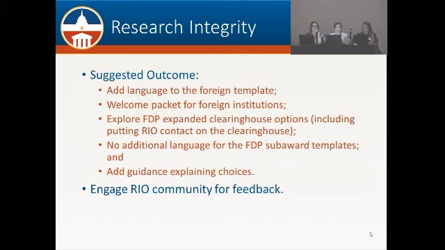And then as for the standard FTP subaward template, we would not add any language, and then we would create some guidance explaining a little bit of the context around this and helping people to remember why we made some of these business decisions. So really what we're asking you to vote on right now, just a little straw poll in the room, is does this seem like a reasonable plan? So if this seems like a good, reasonable plan, please raise your hands.